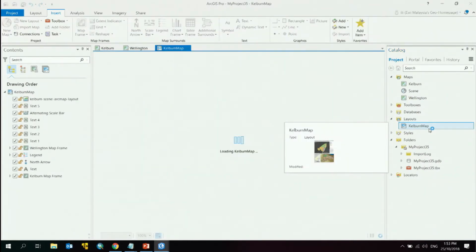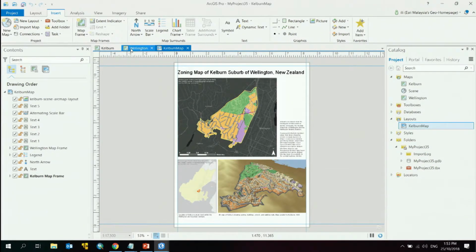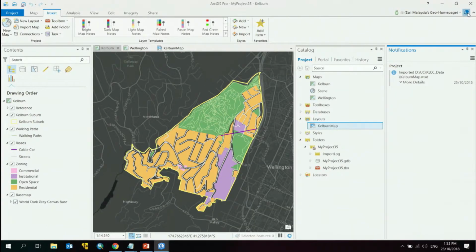Okay, so what I've done here is import one MXD into ArcGIS Pro, which contains two data frames, or maps as we call them in Pro, and one layout. So you have one layout and two maps in the project file. Okay, so there is a notification up here, the bell, to see the progress